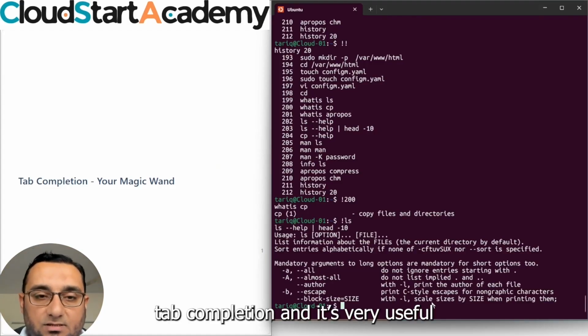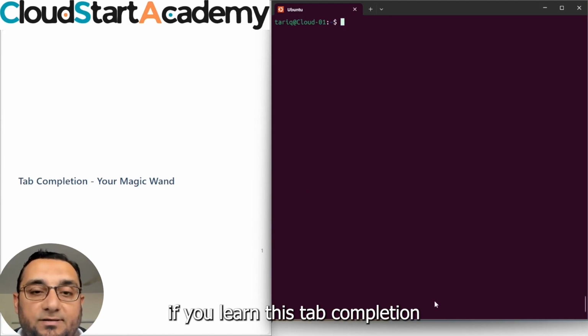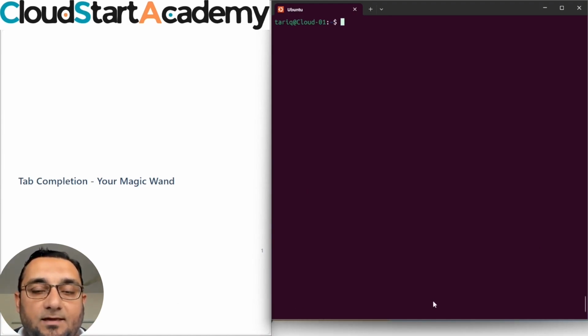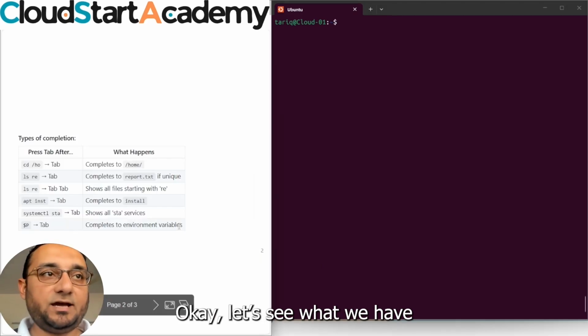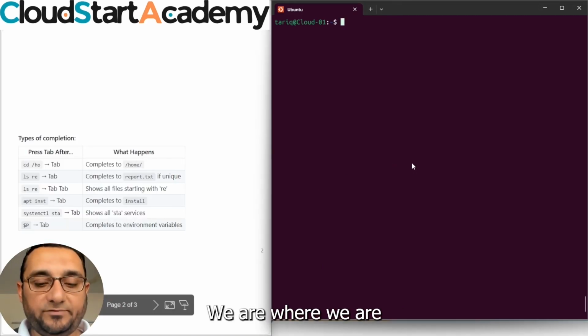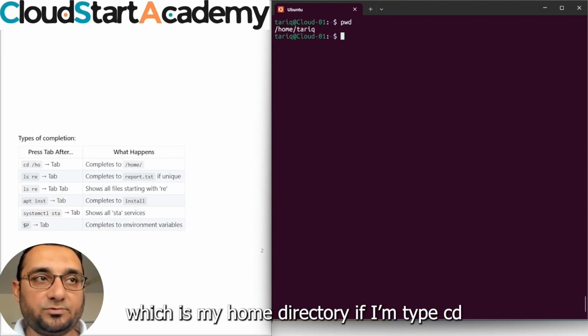Tab completion is very useful if you learn it. Okay, let's see what we have. We are where we are, inside the home directory, which is my home directory. If I type